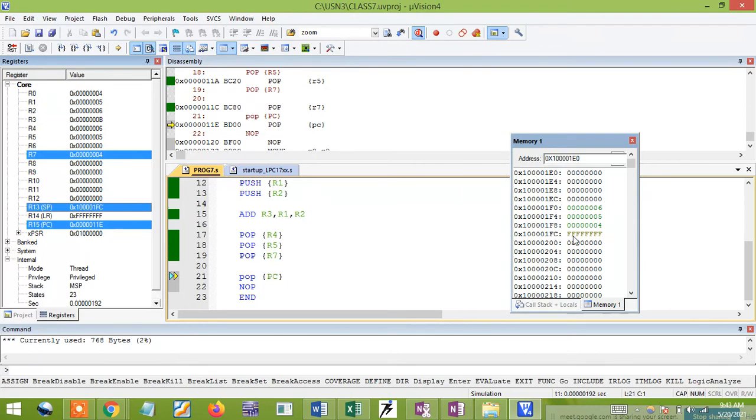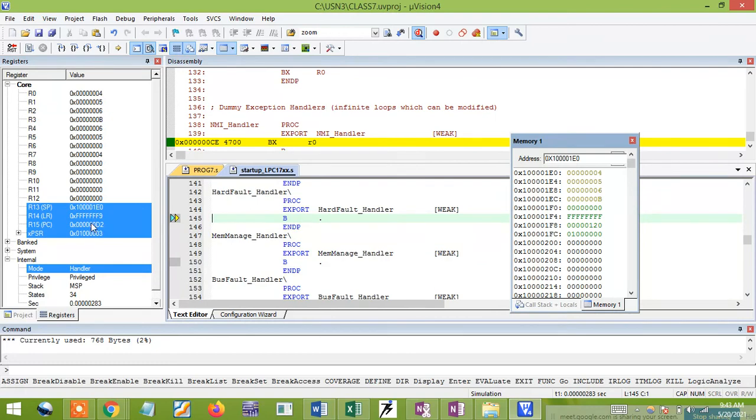Right now, whatever value is there, the link register value you already pushed, right? That value I'll usually take into my PC. You can see my program counter will be updated. The value is that value, but it will go back because of some reset conditions. So clearly I'll show how it will be executed with the BL instruction.